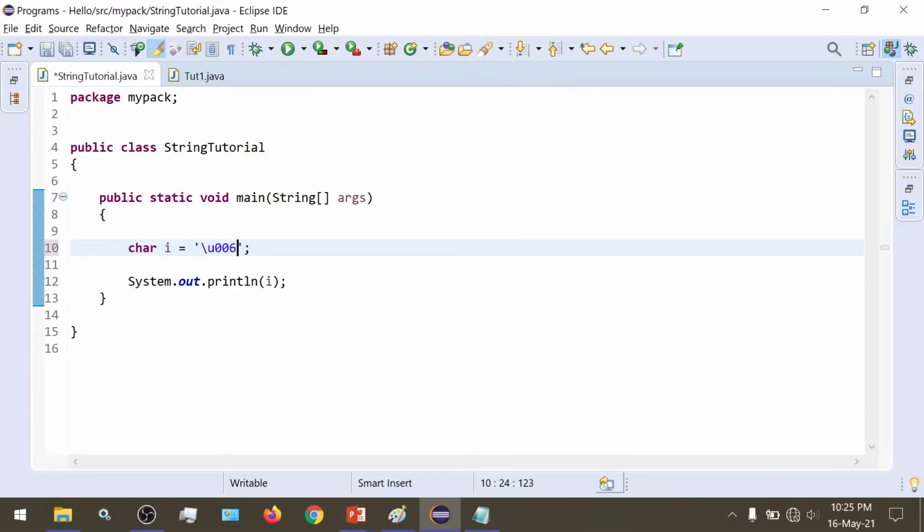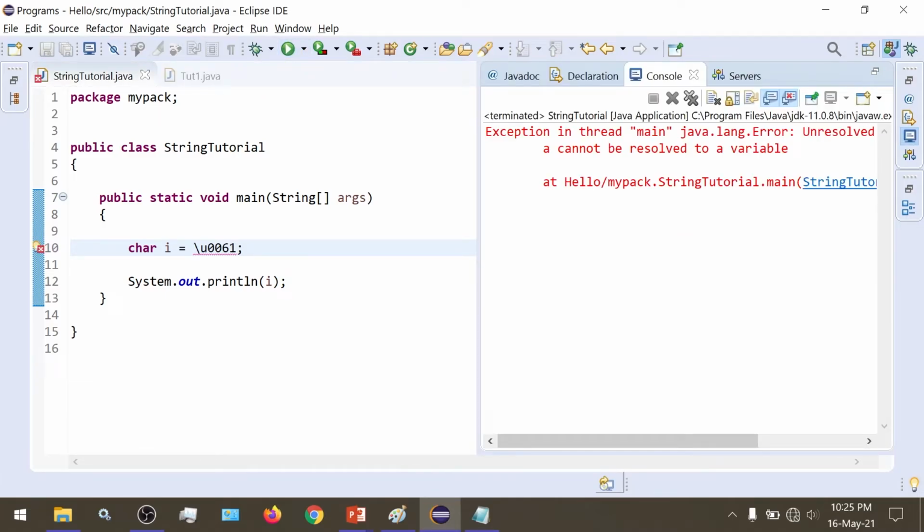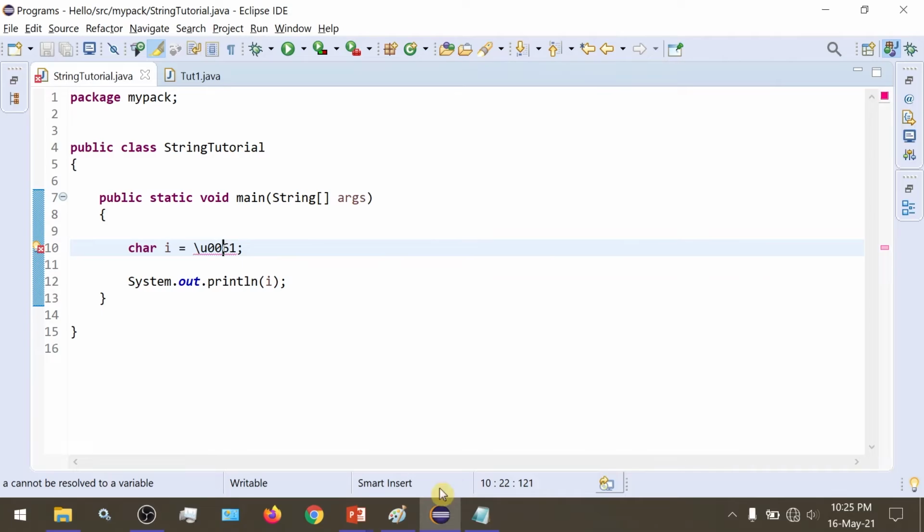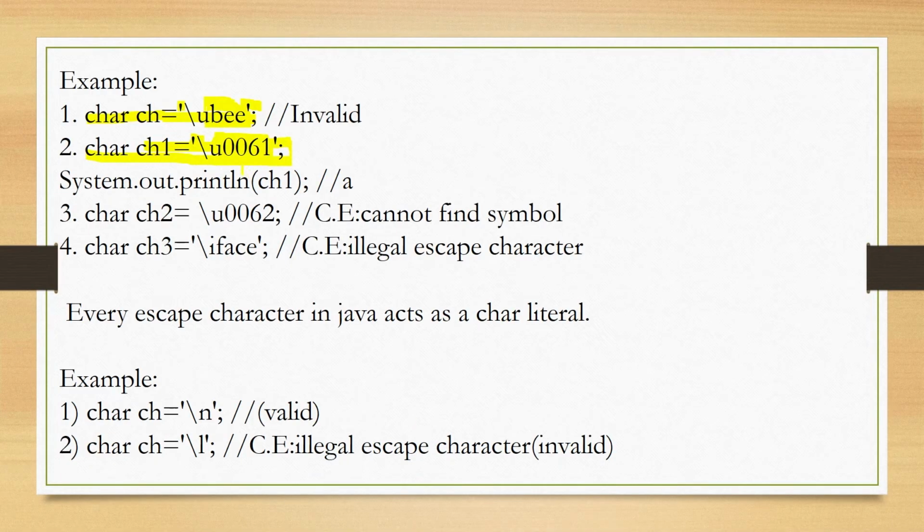Now these single quotation marks are compulsory, and if we eliminate them and try to run the program, then we will get an error. So here we have removed the single quotations and we are trying to run this, so we get an error.